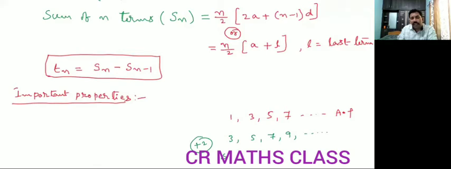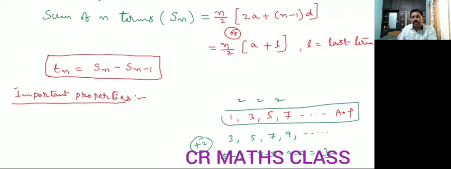The difference between a term and the preceding term: 5 minus 3, 7 minus 5, 9 minus 7. What is that? 2. Same constant. Here also 3 minus 1 is 2, 5 minus 3 is 2, 7 minus 5 is 2. We are getting the same constant or not? So 1, 3, 5, 7 and so on are in an AP series. Each term I added a particular constant, and now the resulting series is also an AP. Have you understood?